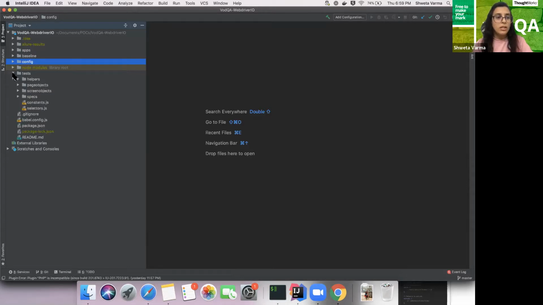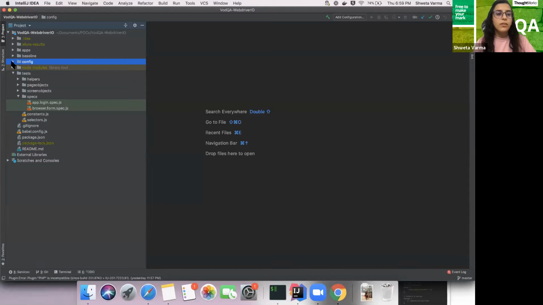I have one test folder inside which I have defined the specs. I have kept it very simple and straightforward. It is a simple login test which I am verifying here, and then I have other screen objects and page objects. This forms the page object model of my automation suite.